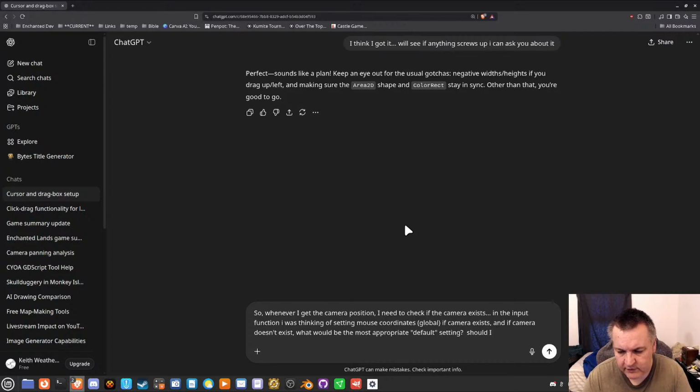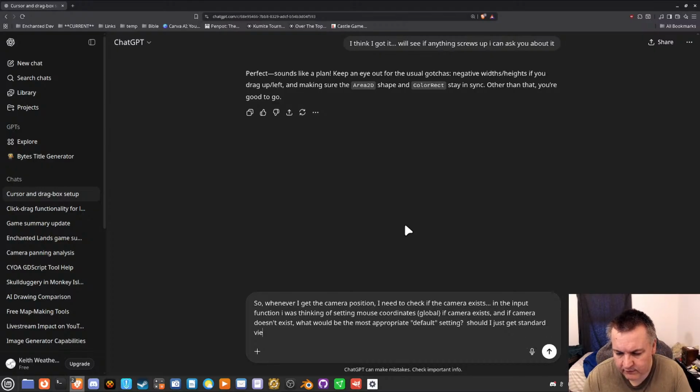Should I just get standard viewport position? Which doesn't make sense because then it wouldn't show up. Or something else.